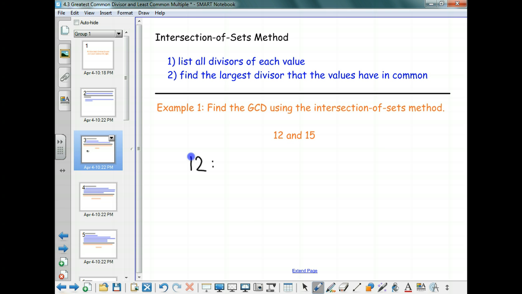All right, so I want to list all the factors of 12, both prime factors and not prime factors. We're going to start with the number 1, because 1 divides 12, agreed? What's the next number that divides 12? 2. And then 3. 4. 6. And 12. Got to end with the actual value itself. And we're going to do 15. First number that divides 15. 1. And then